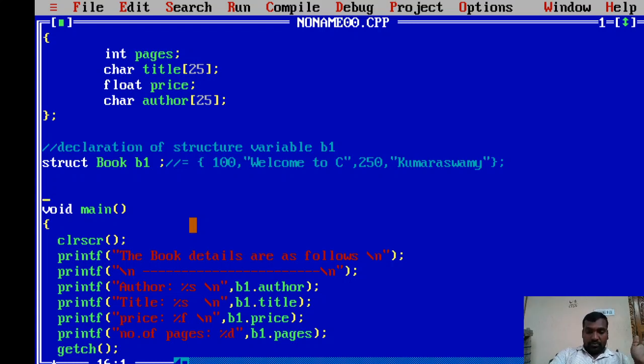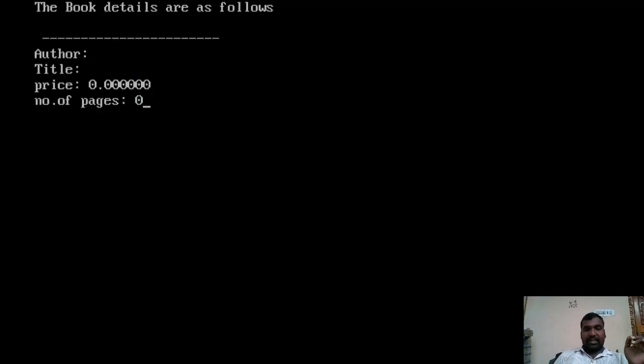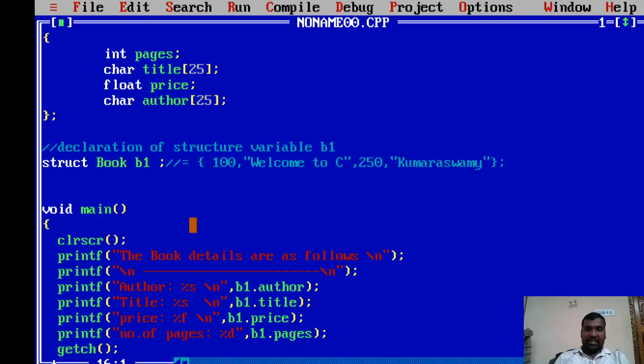Let us execute the program. The number of pages and price values are zeros, and author and title are blank, because I'm not assigning any values to those members of structure variable b1.